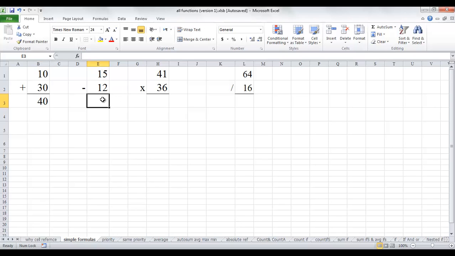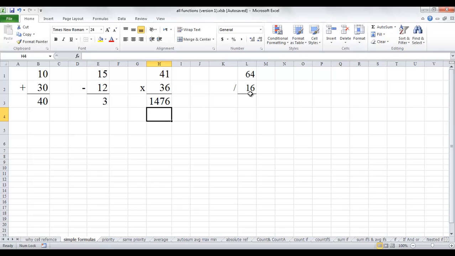Now we want to subtract 15 minus 12. Don't forget the equal sign. Click E1, minus from the keyboard, click E2. Yes, it is 3. Click H3, equal sign, click H1, from the keyboard times, click H2, enter. This is the result. Finally, to calculate the division in L3,